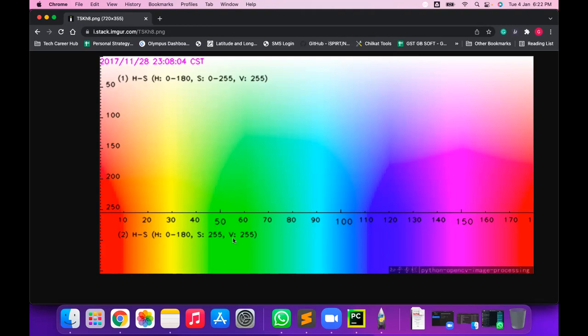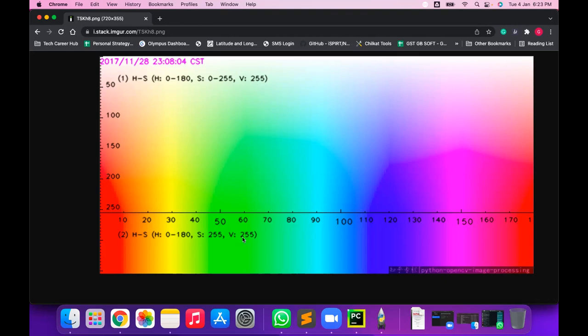The horizontal line varies from 0 to 179 only, because the maximum value is 180. Starting with 0 up to 179, the saturation has a maximum value of 255, 0 to 255. The V value, that is value, also has a maximum value of 255.